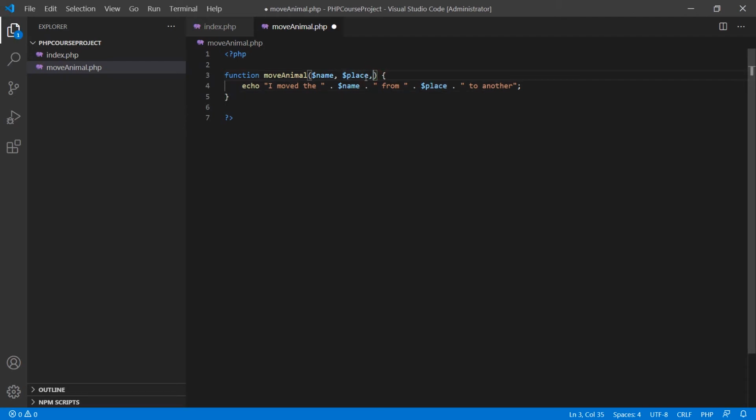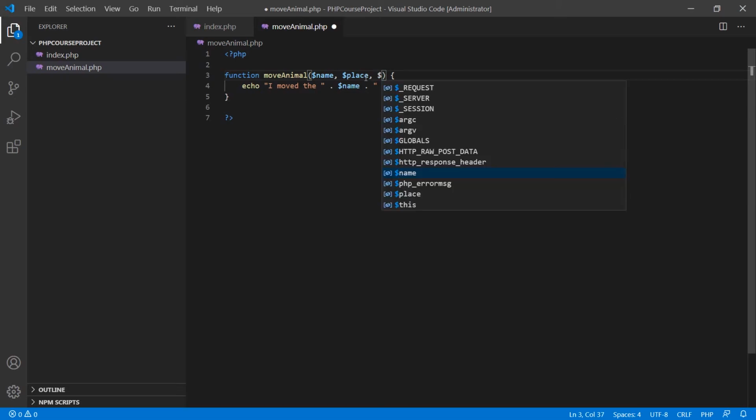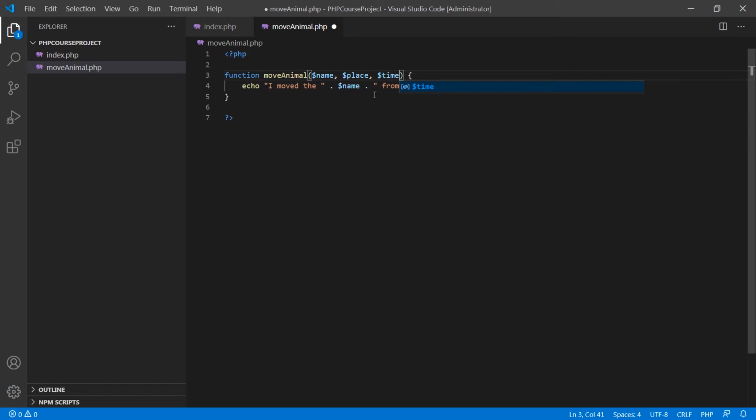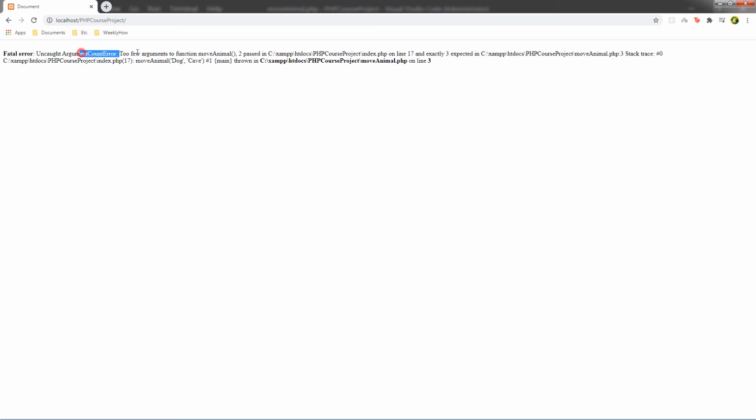All right, so in here, I'll add a new parameter, for example, time. And then I'll say, for example, I moved the name from place to another at, and then I'll just concatenate the time. There you go. So I moved the name from place to another at time. I'll save this. Let's open our front end. As you can see, it says too few arguments. We need to pass another argument. Two passed, but we're also